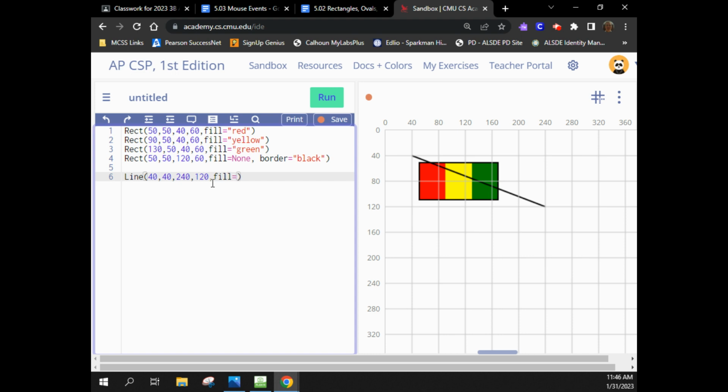Okay, if you want to change the color of it, do just like we did yesterday. If you want the fill to equal, if you want it to be an orange line, come back and put fill equals orange. It'll run through on that part of it and give you something like that. If you want to change the width of it,